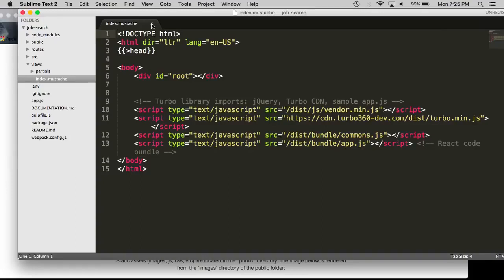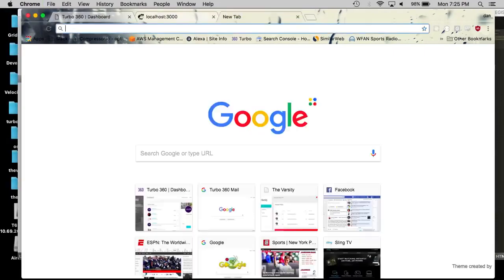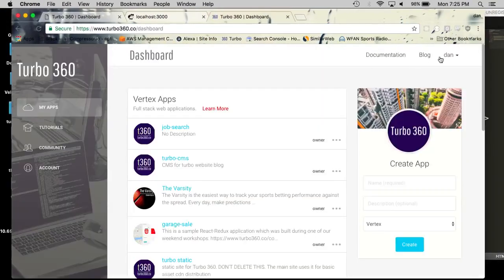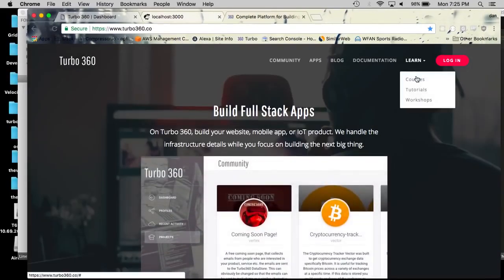Okay? What we're going to do right now is use a very conventional template to create a login registration form. That's going to be non-React to keep it simple, and that'll create our user auth right away, and then the React side will handle the logged in state. Let me be a little bit more concrete about that. If you go on Turbo and you log out, this is not a React project. See, the React thing doesn't show up. This is just regular HTML, CSS, jQuery, just normal stuff, Bootstrap. But once you log in,